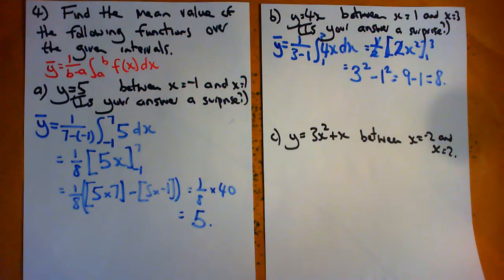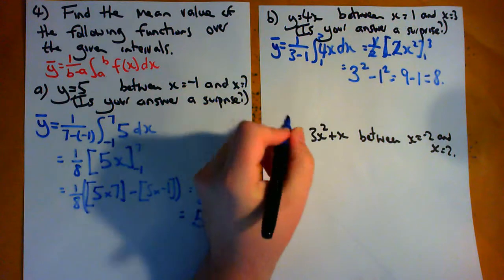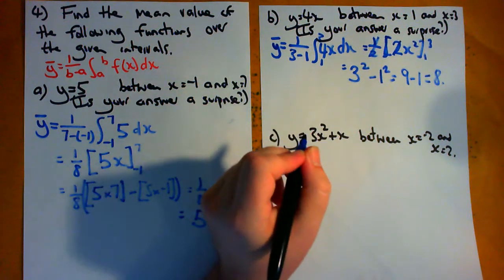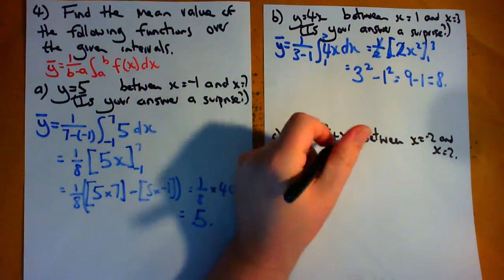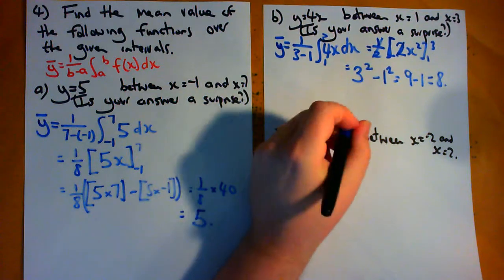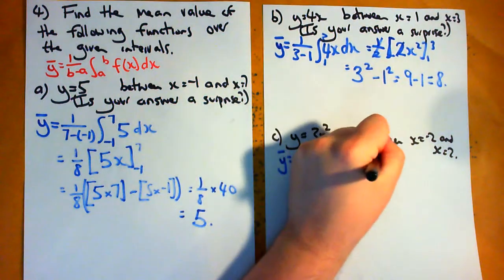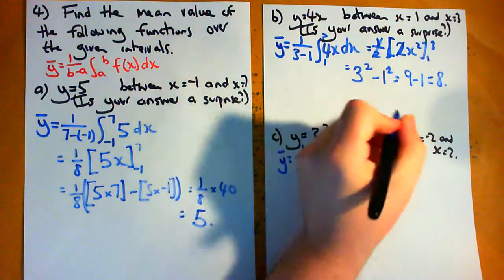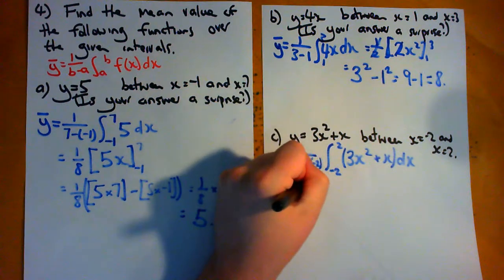Now C, we have to work out the average of 3x squared plus x between x equals negative 2 and x equals 2. So what we'll need to do is use our formula y bar equals 1 over b minus a. A is negative 2, b is 2, so we get 2 minus negative 2 times the integral from minus 2 to 2 of 3x squared plus x dx. So that's what we need to work out, which is going to be 1 over 2 minus negative 2,